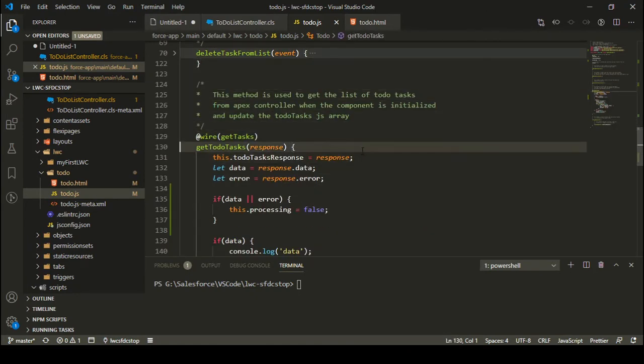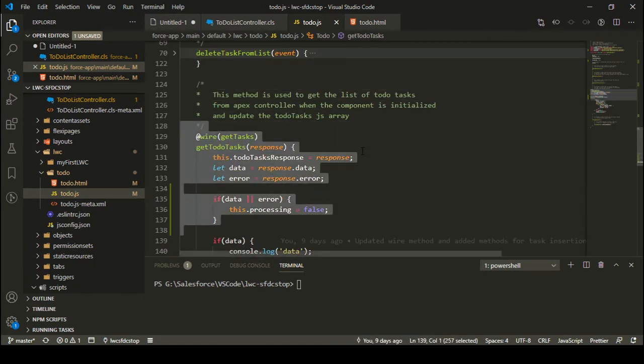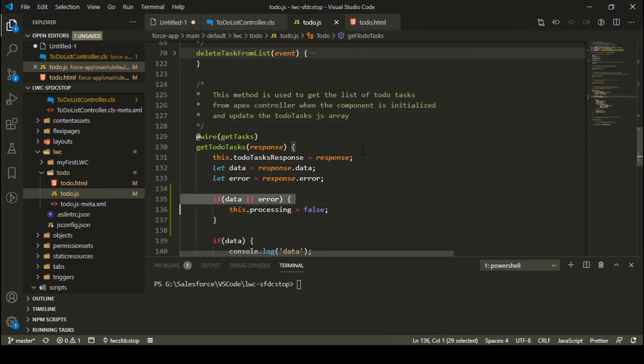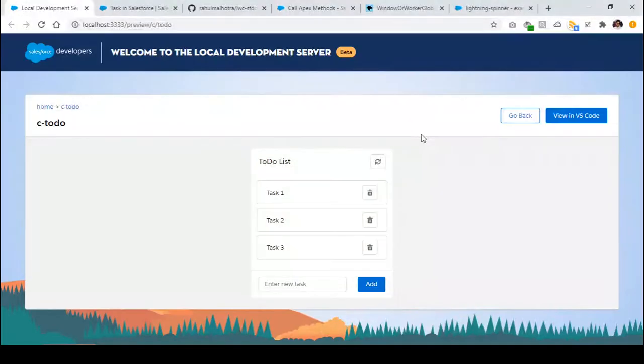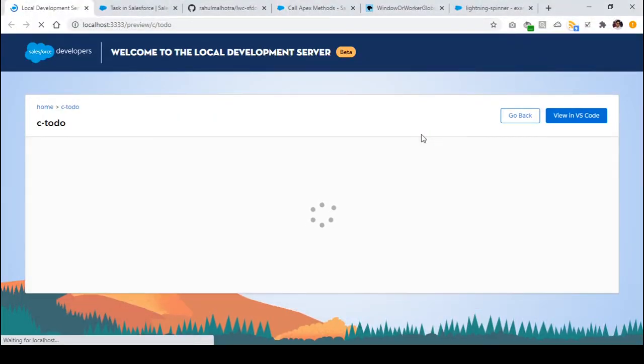Here I can see whenever my data is loaded initially, and I got a data, or even if I got an error, I want to just remove this spinner, right? So I'm specifying this dot processing as false, which will make this variable false, and the spinner will automatically hide, right? Okay, so let me just refresh this page, and let's see if our spinner is hidden or not.